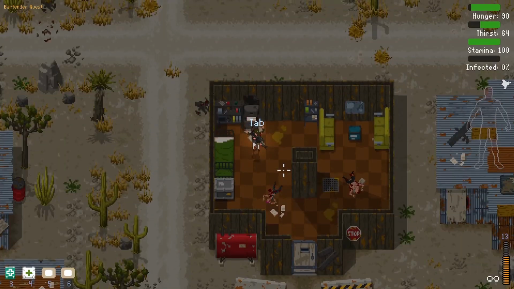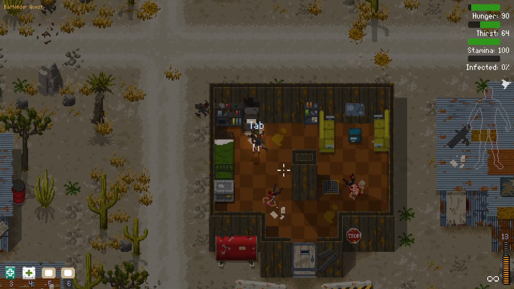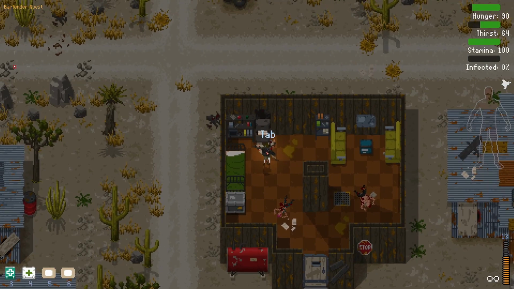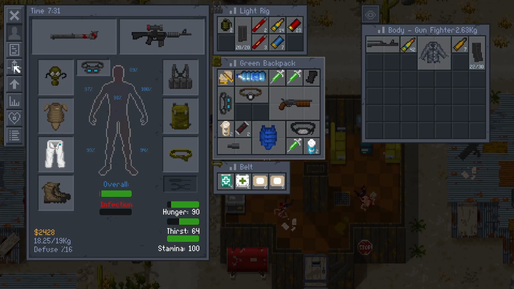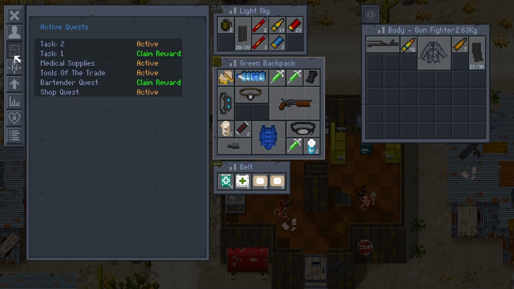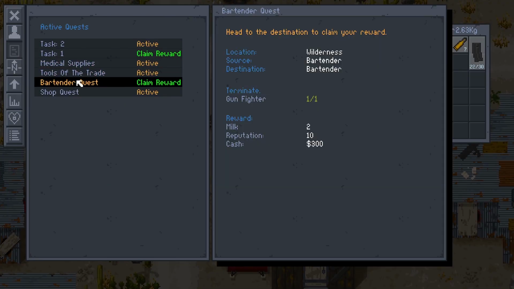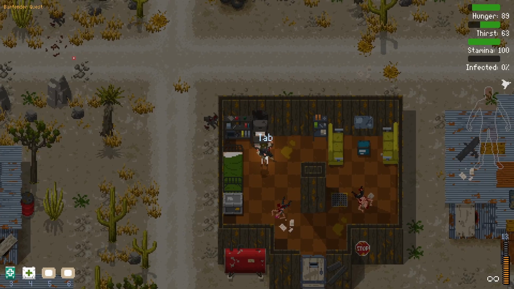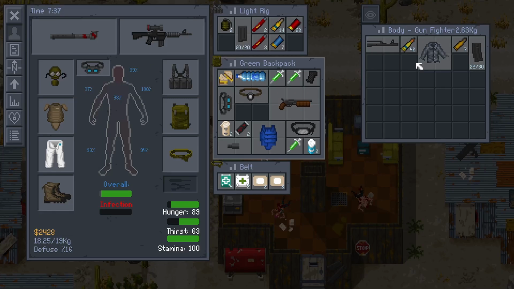Close that off. I believe... What was our bartender quest? Let's have a squiz if we can. Bartender quest, yes, we've completed that. We've also completed that one, which was kill the brigand. So we do have metal sheets and stuff still, but